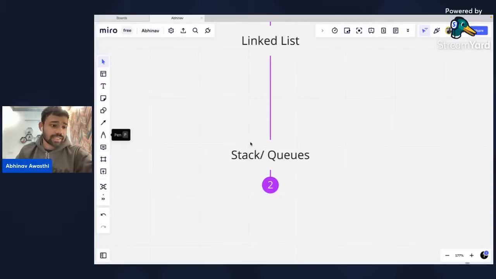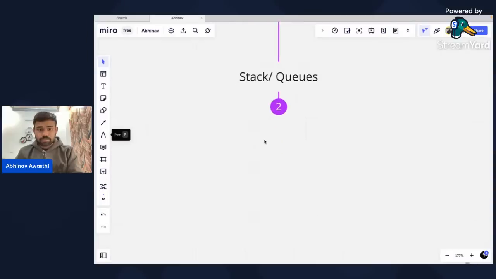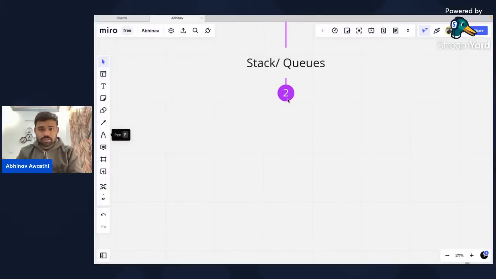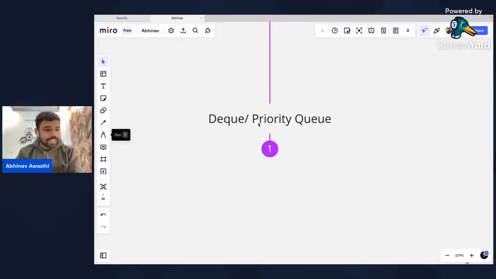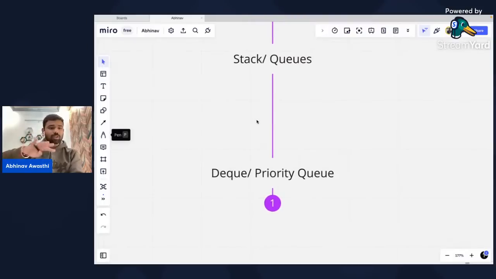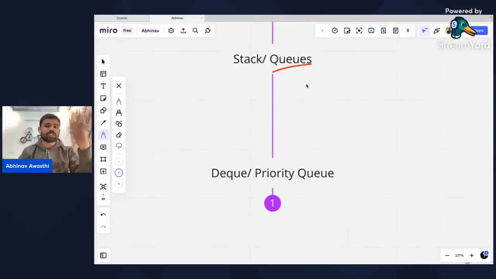Okay, the next thing that you have is stack and queues. That's another important thing. Now, DQ and priority queue. So stack, queue, DQ, priority queue, this is something which is interrelated. The extended, advanced version of queue is DQ and priority queue, but I have taken it differently because